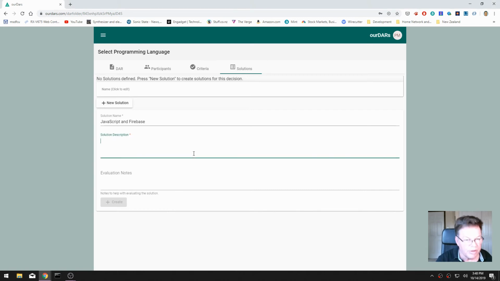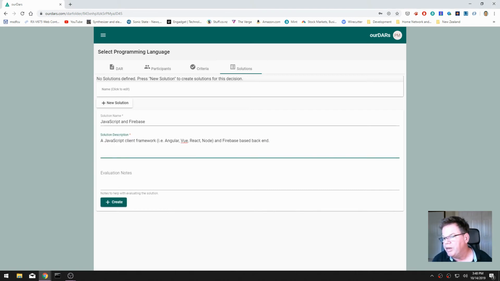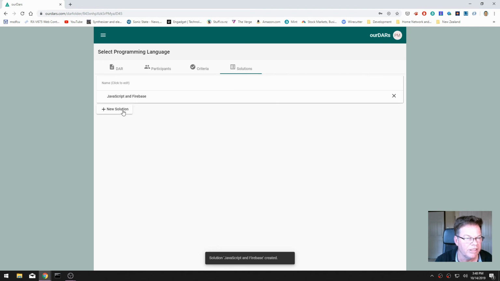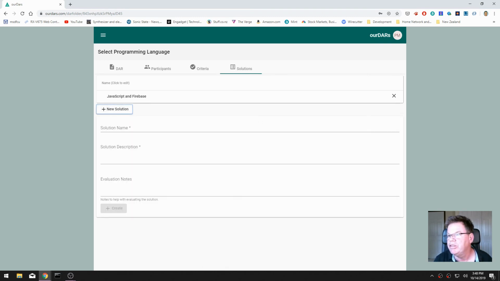And more of a description about it. We can also add in some information in the evaluation notes to help someone who's doing the evaluation. So in this case, I'm going to put some more information about where you find out more about JavaScript and Firebase. Looks good, so I'm going to create that solution,